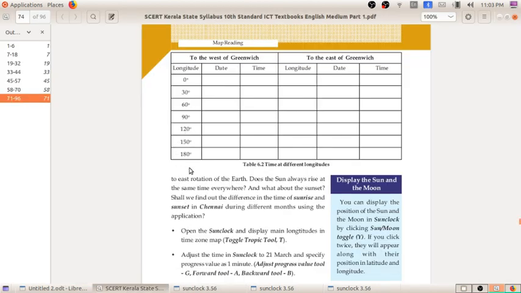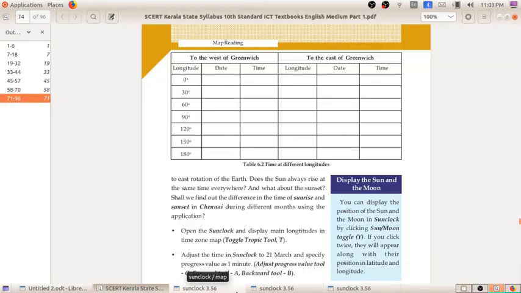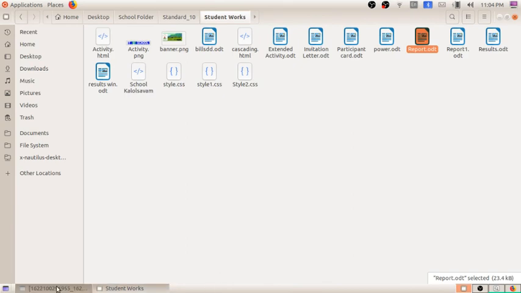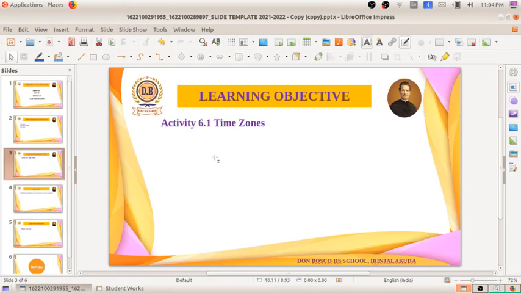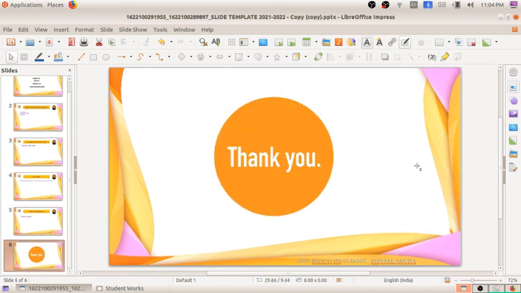Those who have computers, try to fill out and write in the table. What we have studied today is one activity of calculating the time zones, comparing with Greenwich. Those who have a computer, practice doing that activity. See you in the next class. Thank you. Bye.